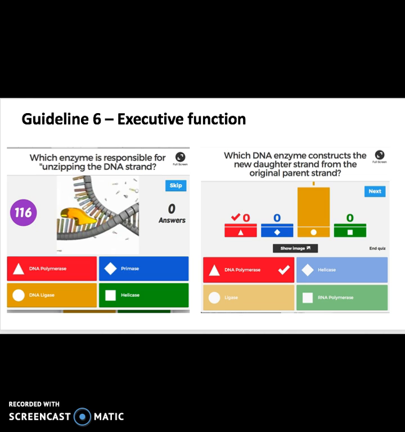Guideline 6 refers to executive function. Kahoot provides question prompts that the teacher can add photos to, for example, right here of the DNA being unzipped, or they can narrate over to clarify the questions. The teacher could also verbally set specific goals for the students before or during the actual Kahoot. Because there is immediate feedback, as is represented in this graphic right here, the students already can see how their progress is going. The teacher could further their reflection by having them write out the questions they got wrong and state why the correct answer is what it is.